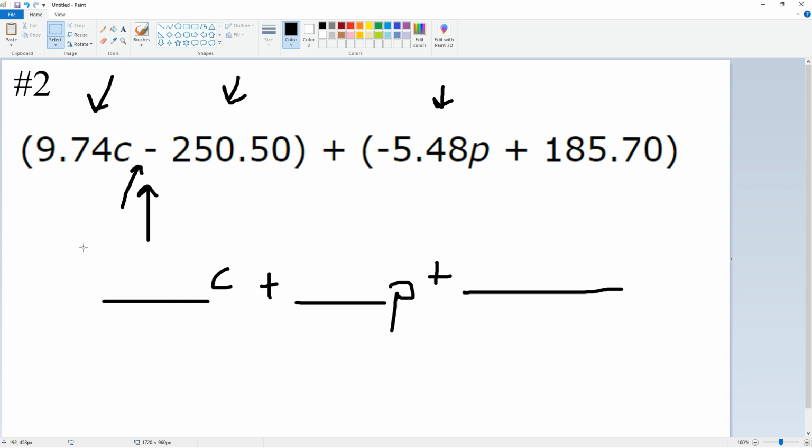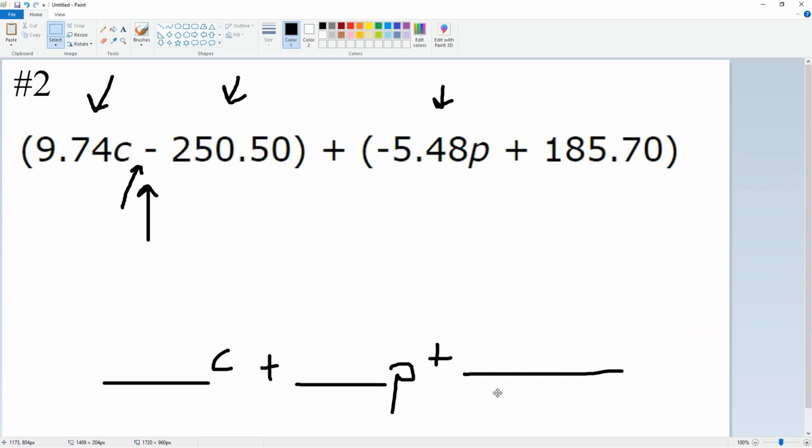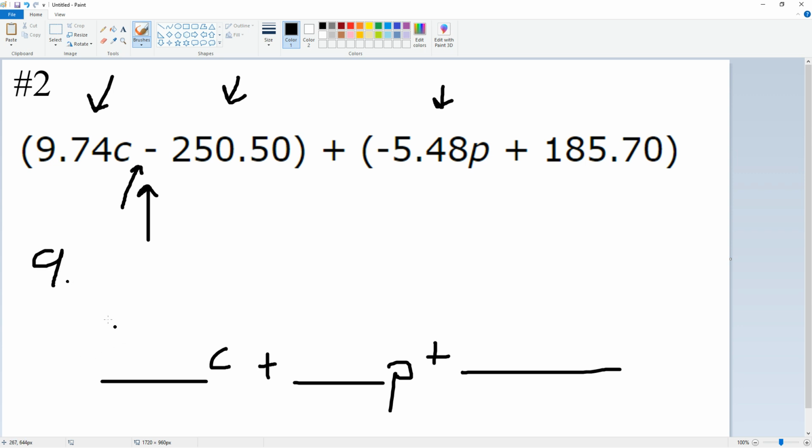All right, welcome back. Let's take this and move it down so we can do a little bit of finagling in here. Okay, we notice again, we have a C term, we have a P term, we have no other C's and P terms. Okay, so these two expressions, we can just keep these. These are 9.74C. That's going to go right into here, 9.74C. Okay, we don't have any other C terms that can be combined. We have no other, and I'm going to cross that out as I go. Okay, and again, 2-mark method here before I forget. We have a P term here. I'm going to cross that out as I go. Negative